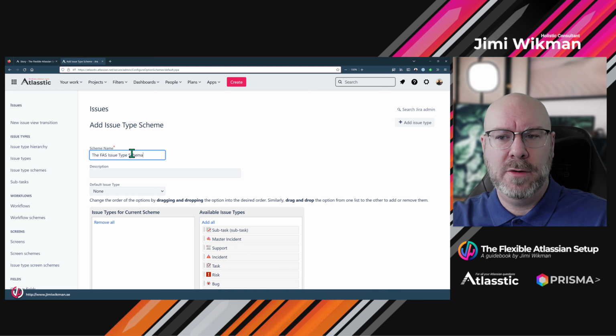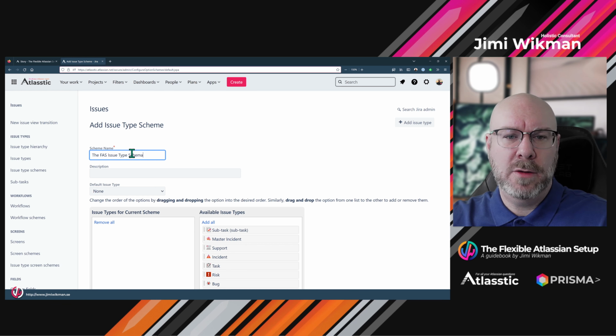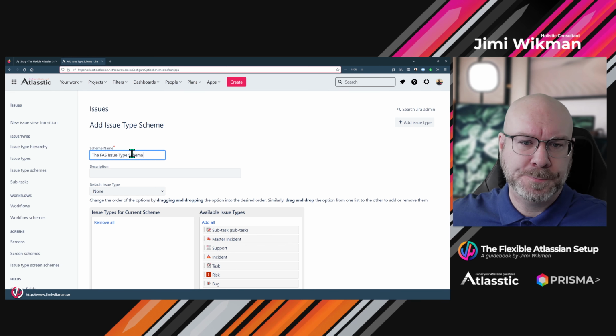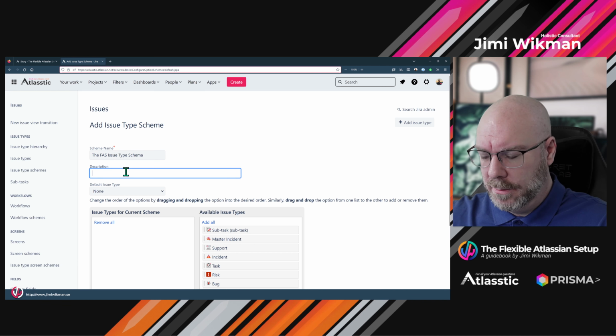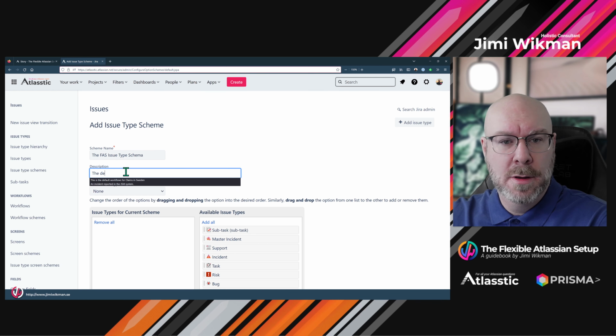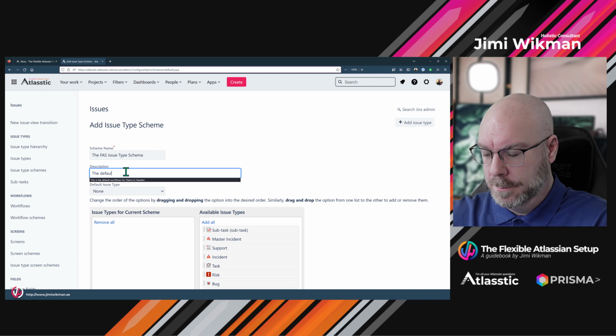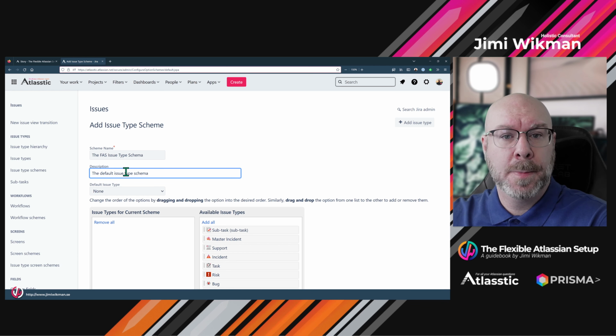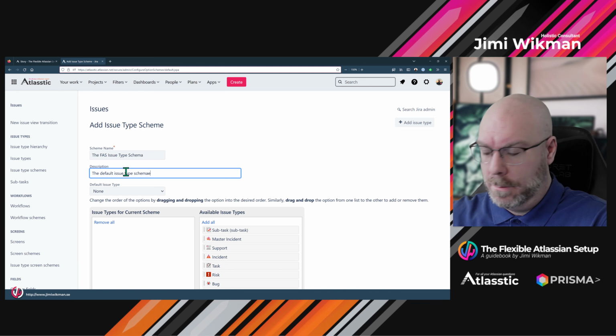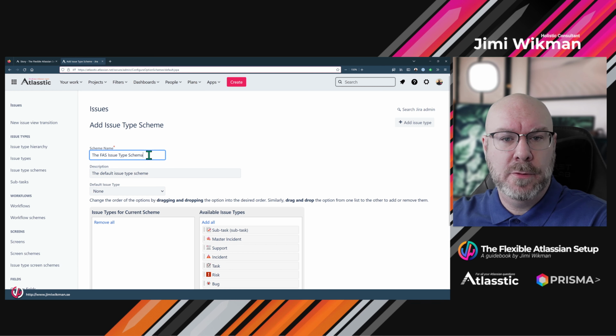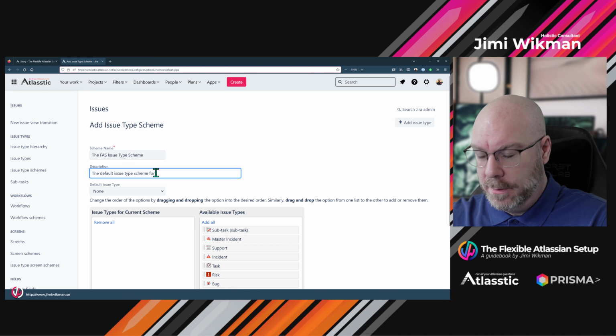So if you have 100 projects, then you will have 100 schemes. So make sure that you name it so it's easy to find. And then we can write a description. Oh, so used to writing schema. There we go. Issue type scheme for